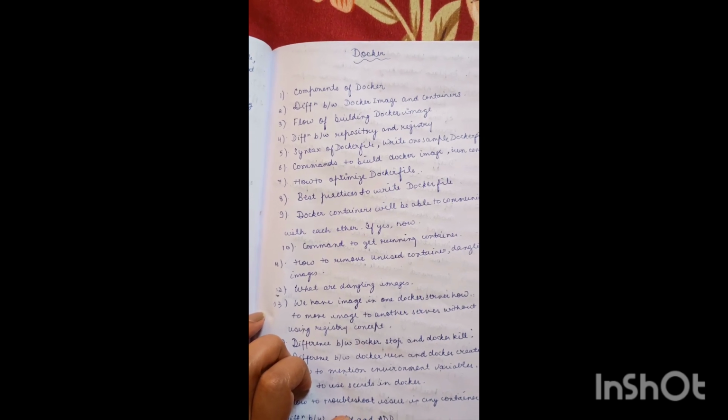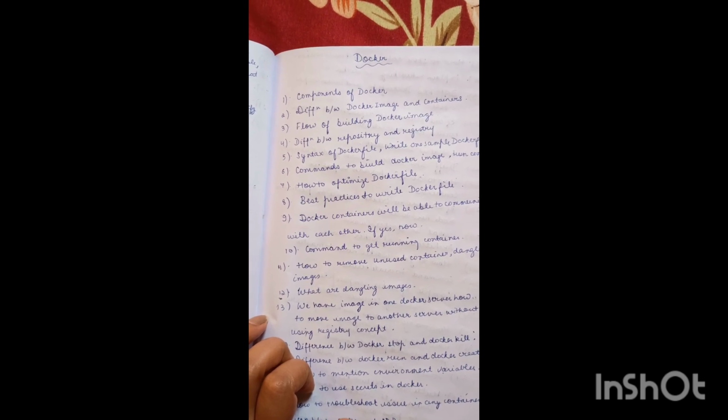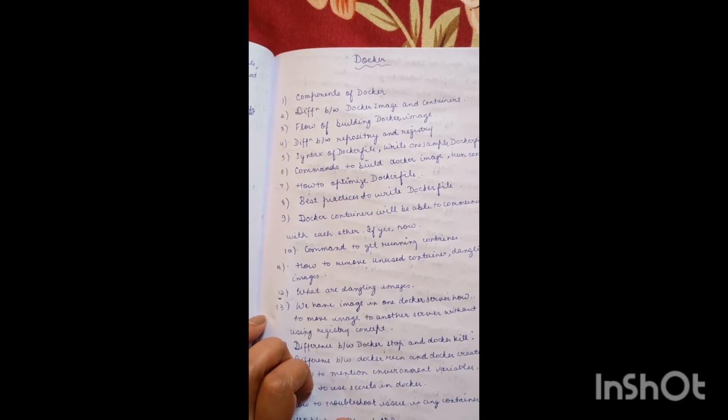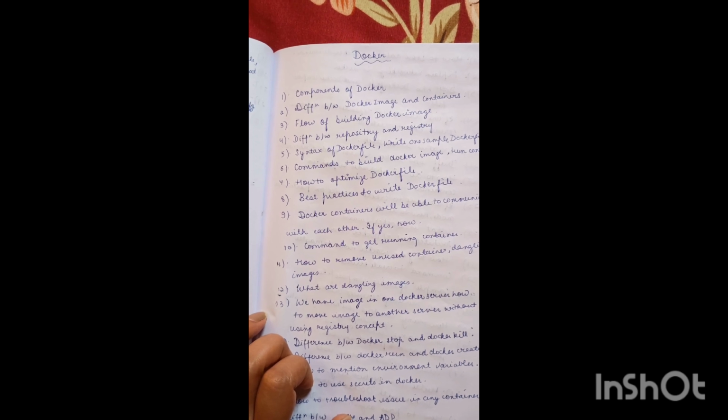Now, difference between Docker image and container. So Docker image is a package of our application code, software, libraries and dependencies, and container is basically the running instance of our image. Flow of building Docker image, so that you have to mention that first we check out